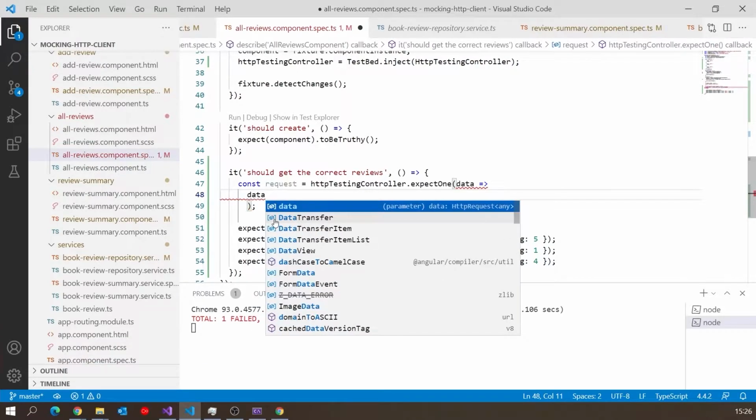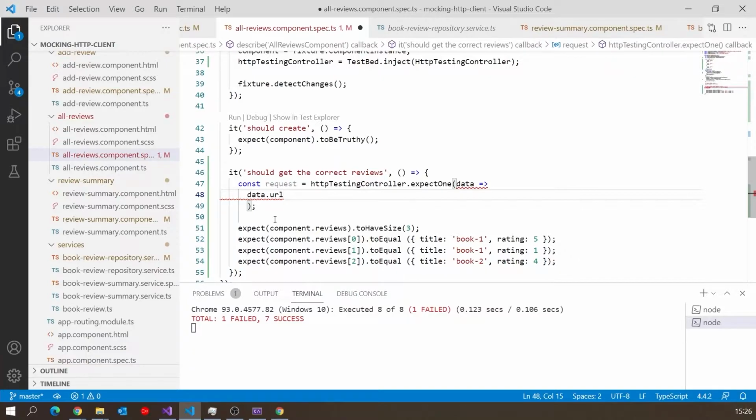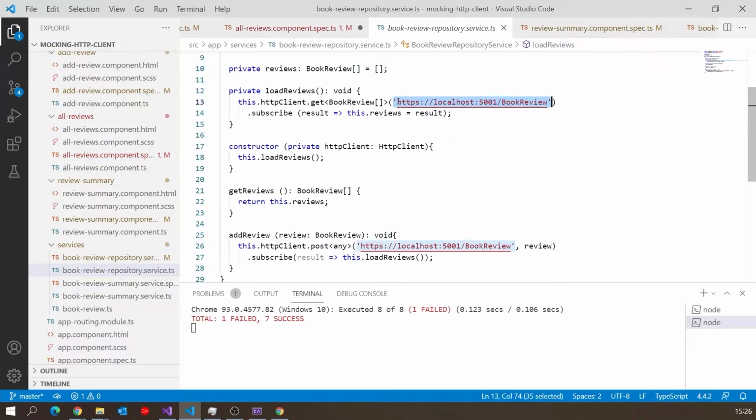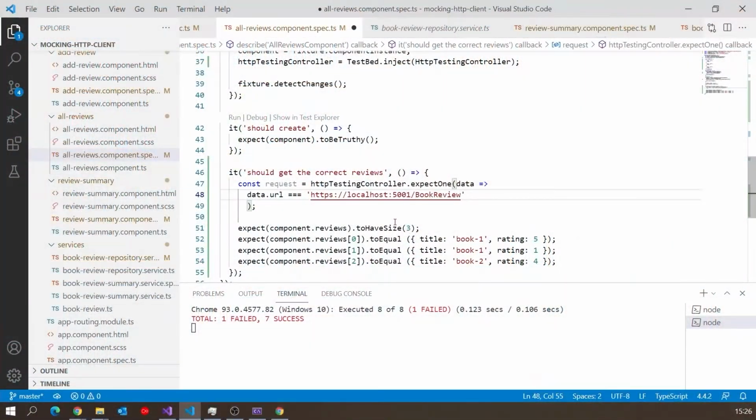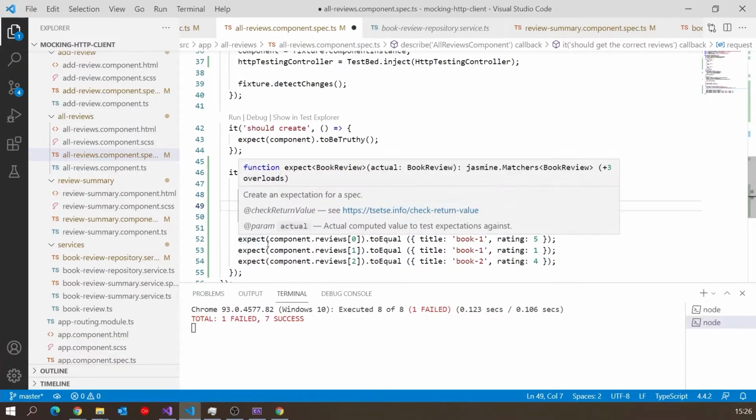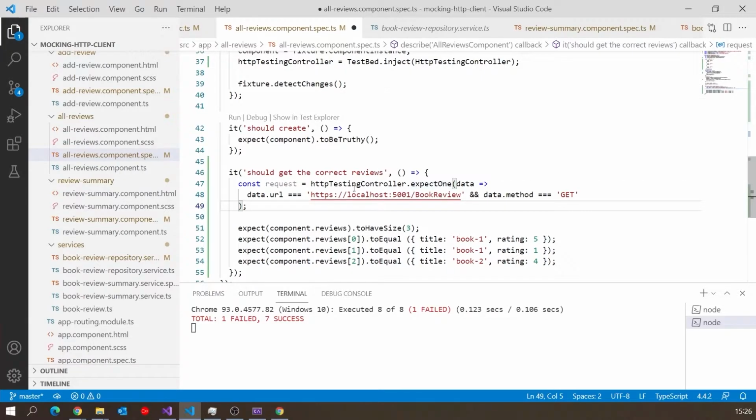So if I say data.url, that's going to be the URL that we're expecting should be passed in. And we can obviously just steal that from here. Bear in mind, as I mentioned last time, it's not really a good idea to have that hard coded because localhost 5001 is only during development, but we'll look at that later, how we can get configuration data in there. But we're going to check that the URL is what we expect it to be, and we're going to check that the method is get, because remember that's what we said we wanted. So that will verify that that request comes through only once, matches that, and if everything's matched, that gives a green light, otherwise a red light.